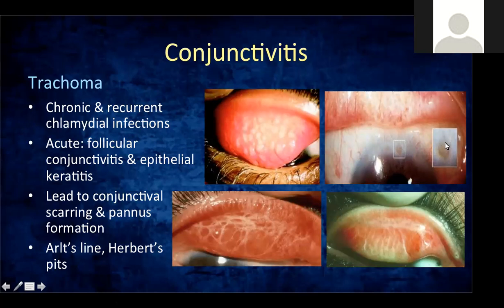Okay. Those are your Herbert's pits. And then here you have scarring on the palpebral conjunctiva. It's like a linear scar. Okay. That is called your Arlt's line. So these are very characteristic of chronic chlamydial infection. Okay.